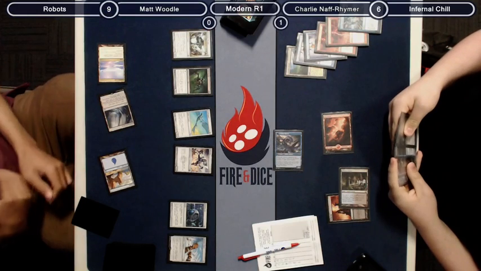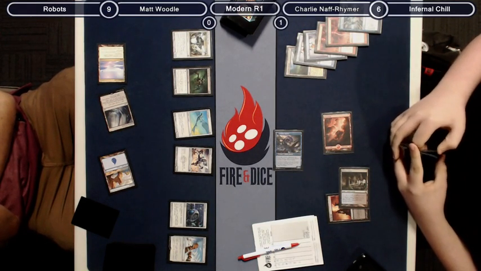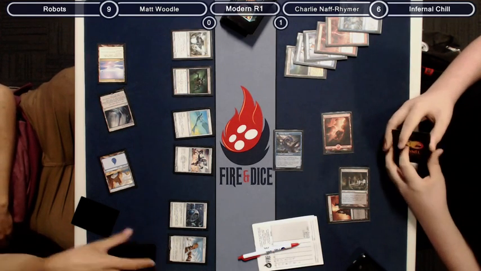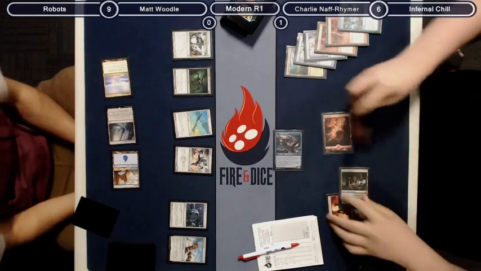He drew Arcbound Ravager. Okay. So there's actually a lot of layers to how his hand developed. Yeah, so it looks like he has lethal next turn with this play. Yeah, definitely. So Charlie's thinking about it. In the form of 2 flyers. So I think if he only has 1 card in hand, if he's able to draw a land...